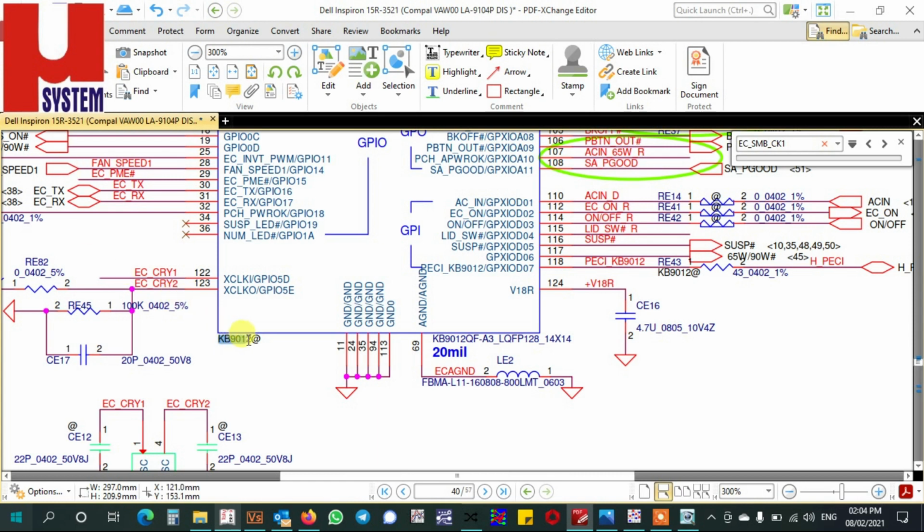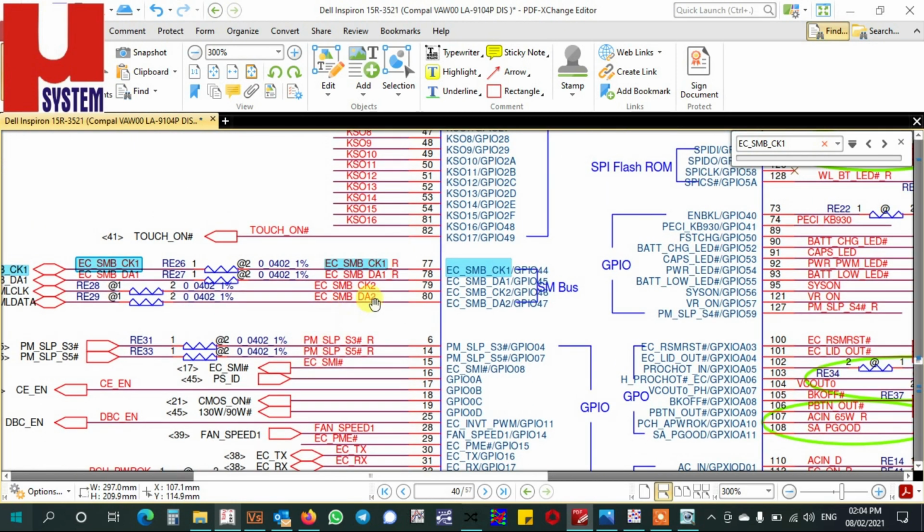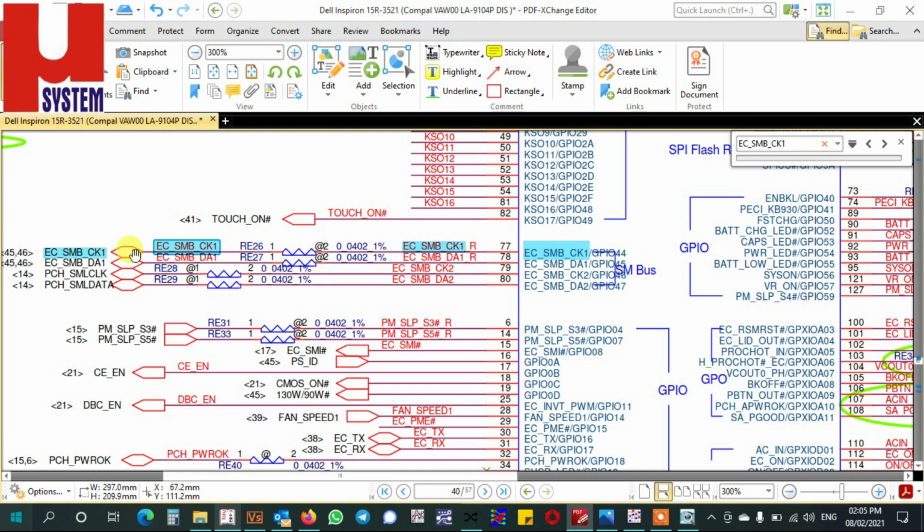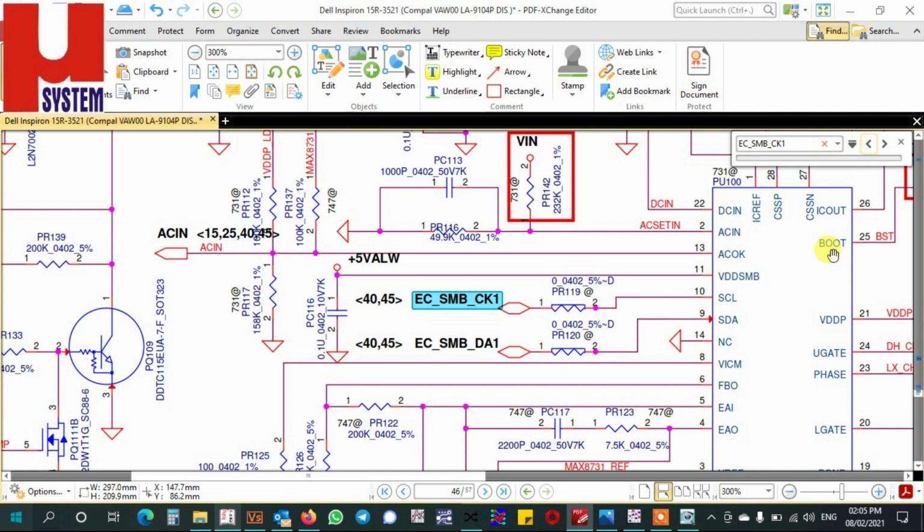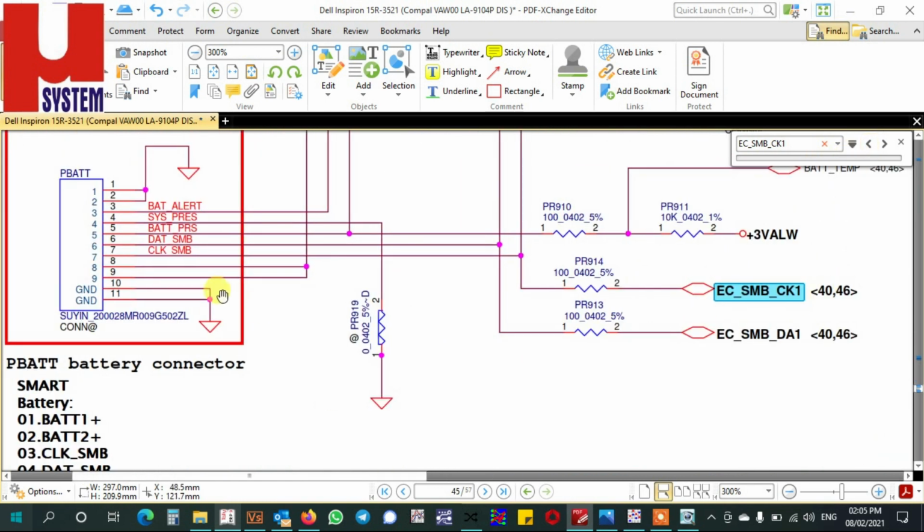This is our controller, IO controller ENE KB9012. Here on 77 number pin, you are able to get EC SM bus clock 1 and EC SM bus data. This is the data and this is the clock. This is bidirectional, which shows that it's communicating with the battery directly and your power controller chip also, the regulator charger battery charging circuit. The DC in and battery charging circuit, it's connected over with this also, and with the battery. This is a battery terminal.